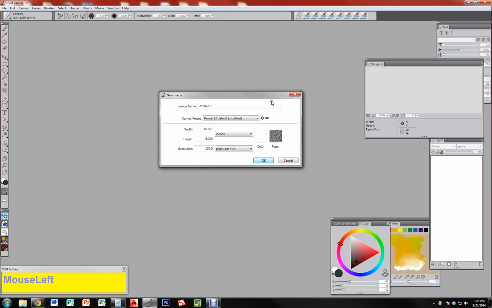Now, I don't care much about what's in this particular box for this project because I'm just going to be showing you guys stuff. I do want to show you that there are some presets for canvases and that this defaults to pixels. So I'm going to change it to inches and make myself an 8.5 by 11 size sheet of paper, just a regular sheet of paper. And then we're going to talk a little bit, if you want to name it,